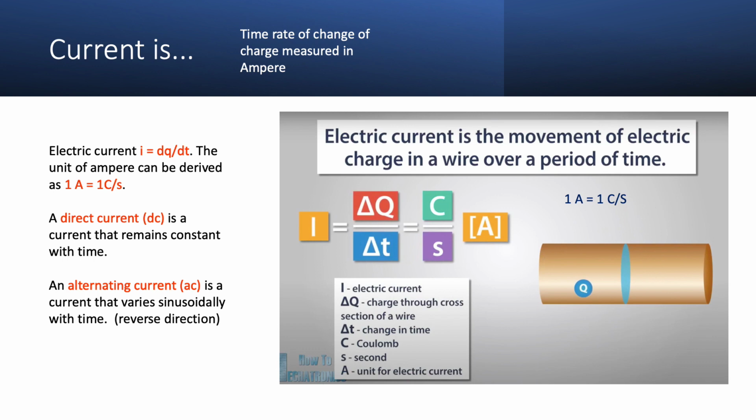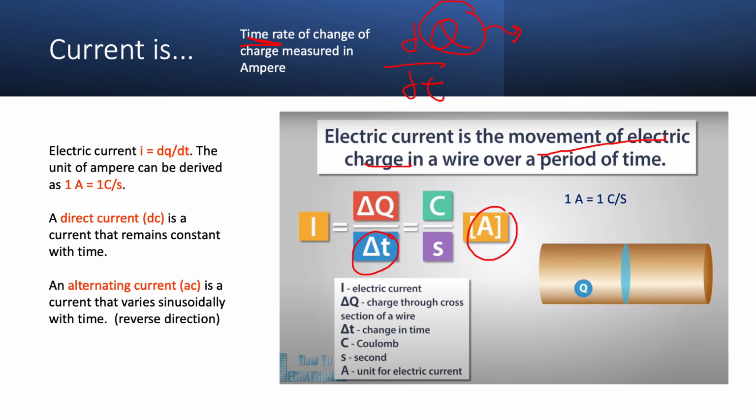So how can you define current? Current is the time rate, that's why you have d over dt. Time rate of what? Time rate of charge. This charge is the one that is moving, right? Movement of electric charge. So the change of the electric charge over the time, you get what we call